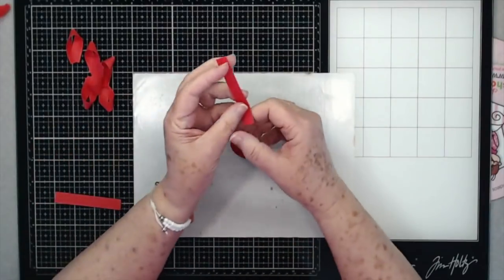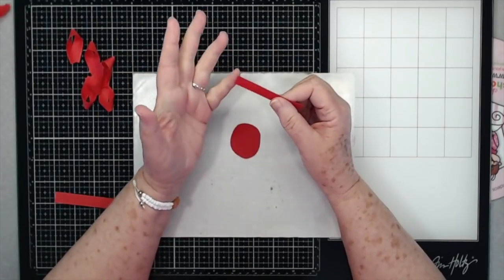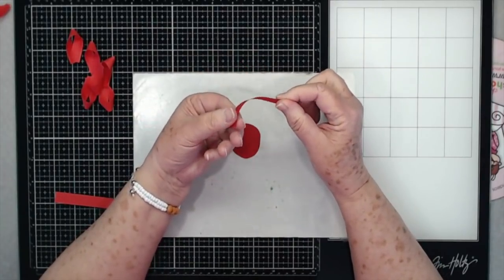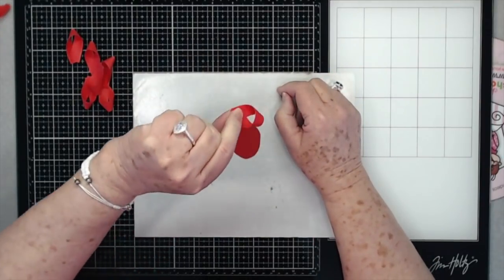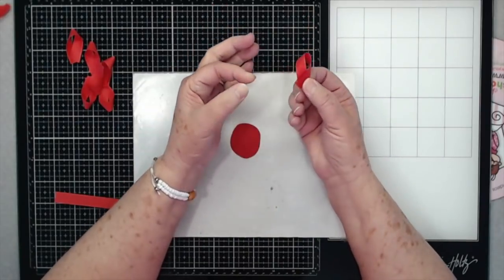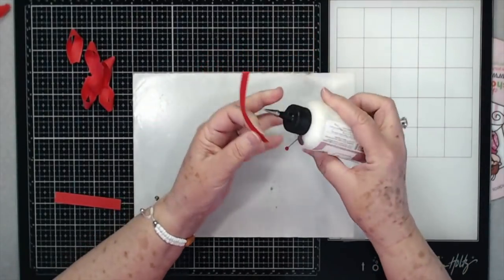So what I have cut is just some little paper strips, and this is a thin paper. You need to do it with a thinner paper. You can even do it with wrapping paper. This is cut at 1/2 inch by 3. All you're going to do is take it and twist it up like that to make the little shape, like an awareness ribbon. You just fold it like that, put a little bit of glue on the end,